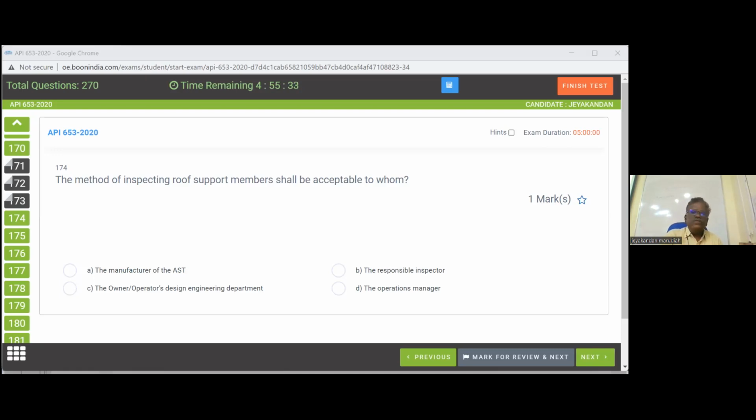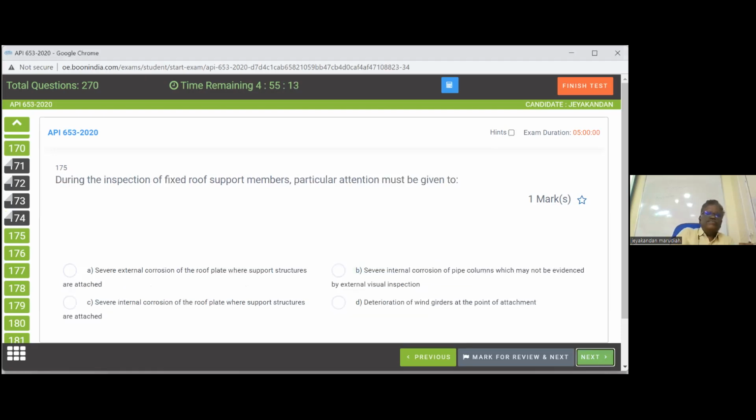4.2.2.1. 4.2.2, first line, sir. Okay, roof support members shall be inspected by a responsible inspector. So the answer is responsible inspector. B. That's why I told you, don't just answer it. Check this. Okay, next. During the inspection of